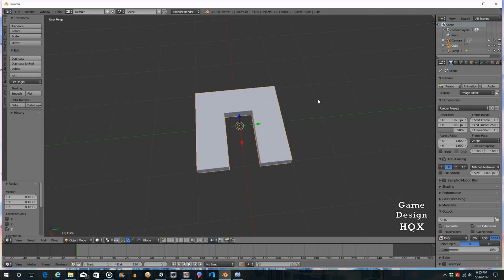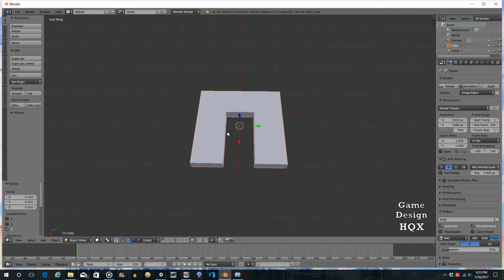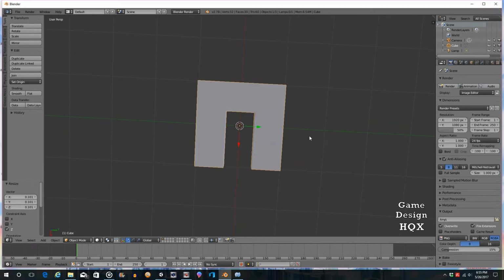It's just that whereas we added 2 partitions horizontally and 2 partitions vertically, you'd have added more. That way you could carve out a window if you really wanted to. But it's that easy to create a wall with a doorway. So, if we wanted to say add a window,